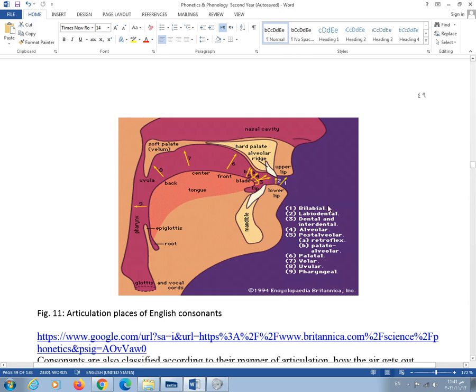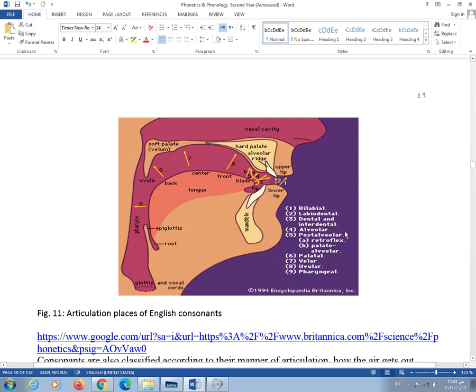We have the bilabial, the two lips, and then we have the labiodental, the upper teeth and the lower lip, as in f and v, the bilabial as in p, b, and m, dental and interdental as in s and th, and then we have alveolar as in t, d, s and z, post alveolar as in sh and j,